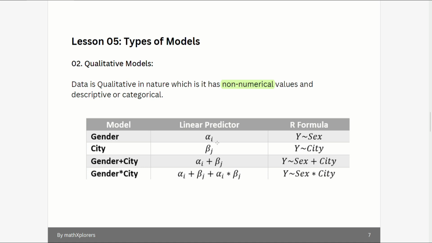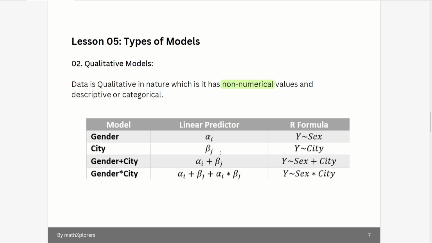Let's say in a model we have one independent variable that is gender. Then it will have a single denoted value alpha, and the I here will represent male or female. You must be thinking, why do we not have an intercept parameter here? Think logically. Well, as we know, the intercept parameter is the mean value of y when all x's are zero. But this does not apply for categorical values.